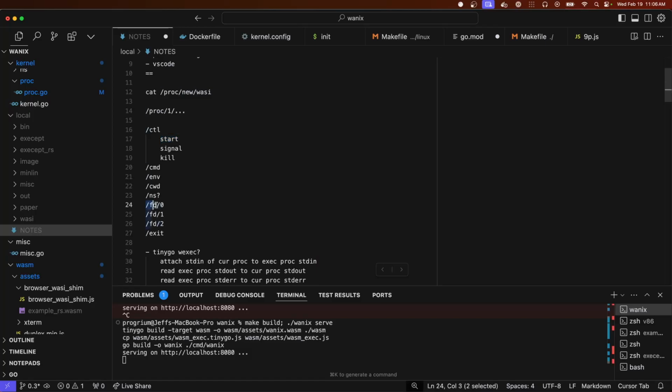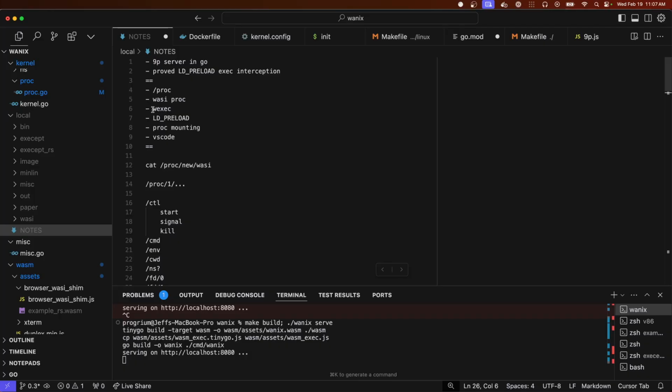And then whatever is attached to these file descriptors, the process will read the input as standard in, and its standard out and standard error would come out over these file descriptors. And so what's actually listening to those, what's actually using those,